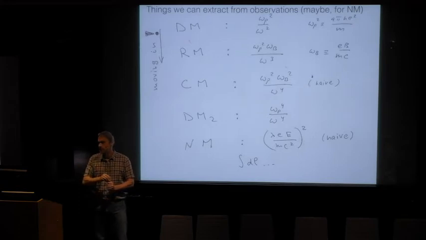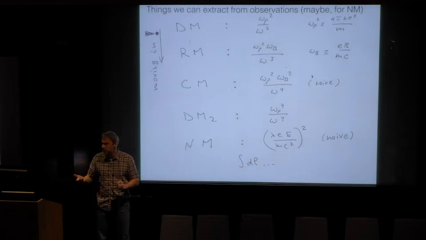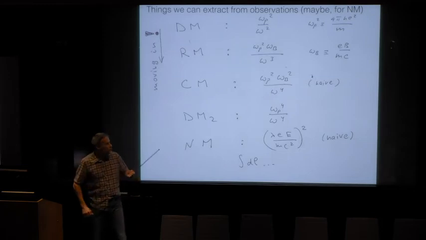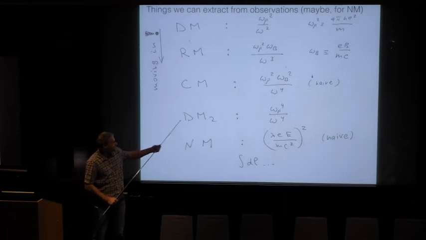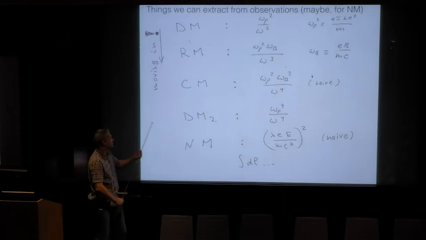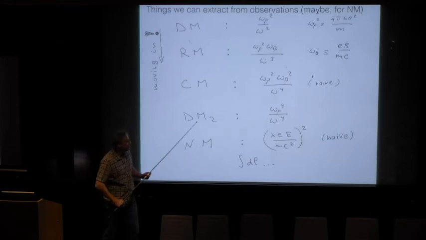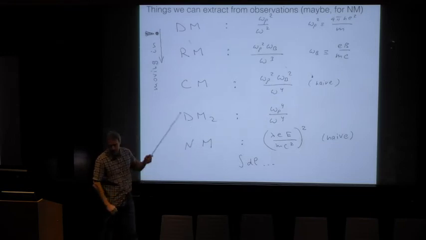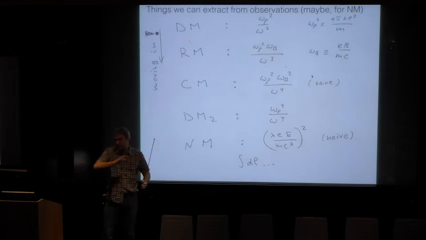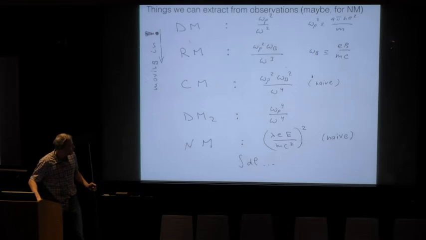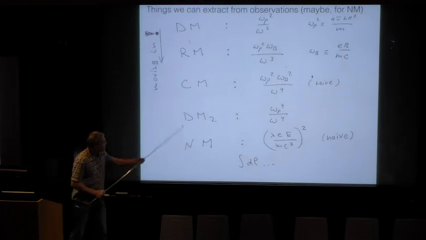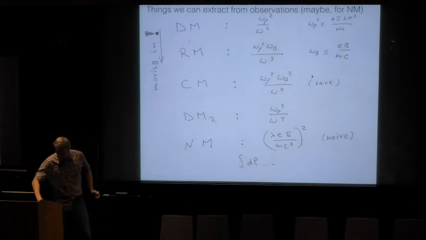For the right sufficient. So I would find it strange that at an accuracy of 0.001 you would not be able to detect the second dispersion measure. But like I said, I just want to make sure that each time you are dealing with the data, you are trying to measure it, because it is absolutely there theoretically. So the attempts, I think, should be made. I will talk about conversion measure and nonlinear measure.